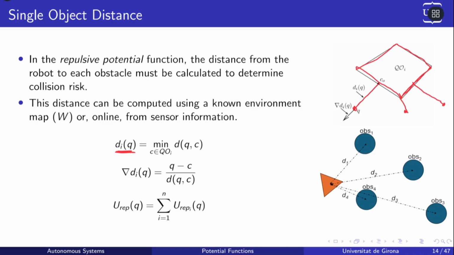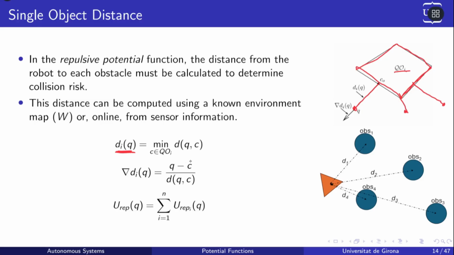And this I have to do not only for obstacle I, Q obstacle I, but for all the obstacles in the environment. Okay, then here it's not so simple. Of course, whenever I have that, if I'm able to compute this distance, what I will